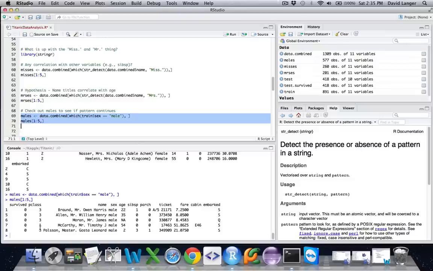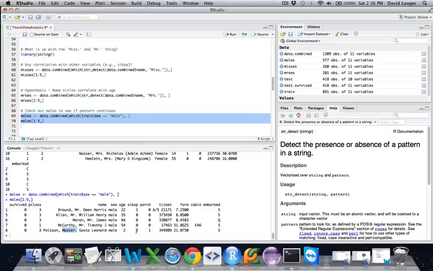Most of them were in 3rd class, with the exception of this gentleman here in 1st class. Ages are all adult males. There's a missing value here, so we don't know about James Moran. But this record's interesting. Age 2, and it's not a Mr., but it is a Master. So like Miss, maybe if you have a title of Master, that's indicative of a male child, a boy, as opposed to an adult male, a man.